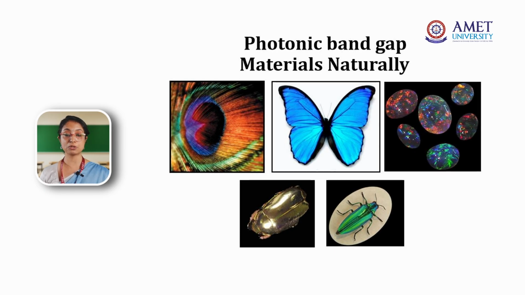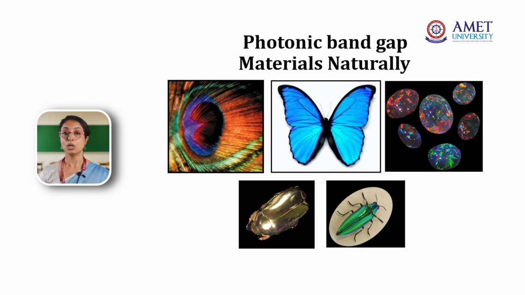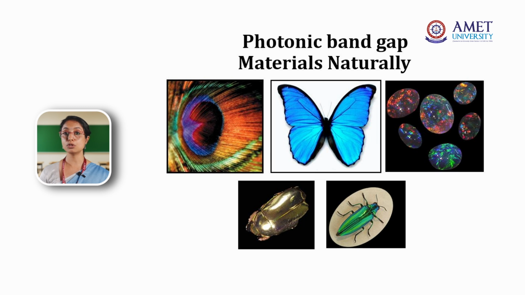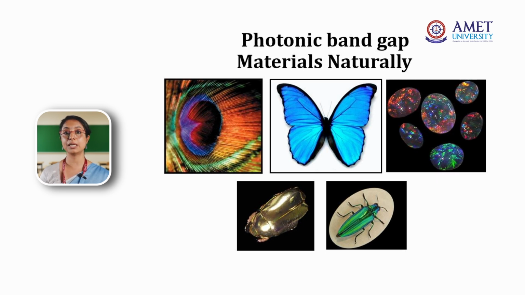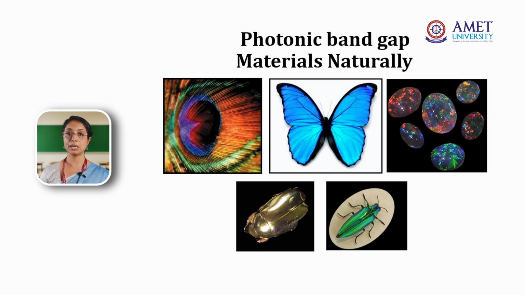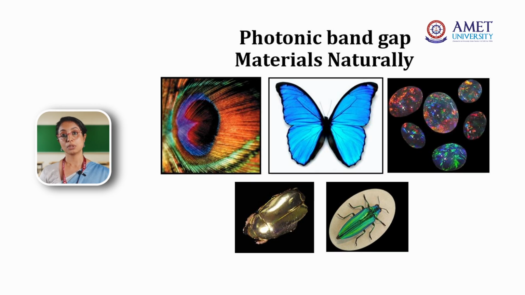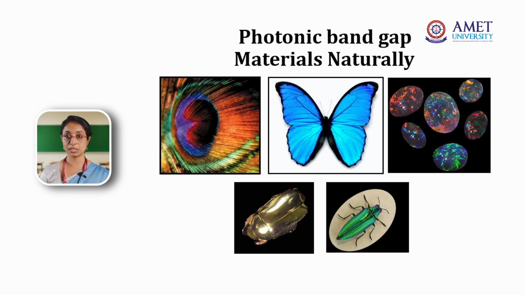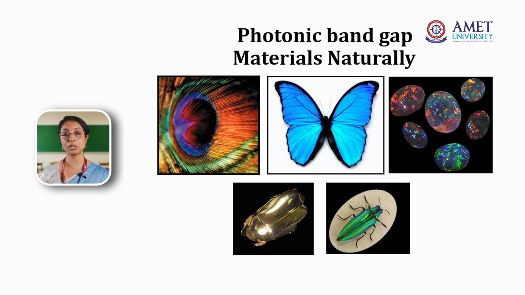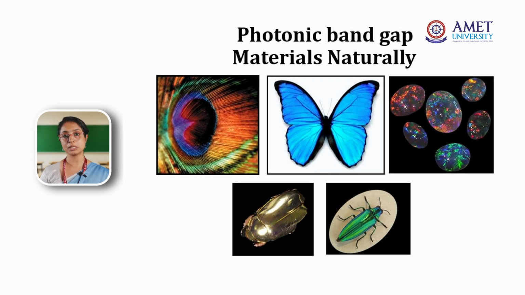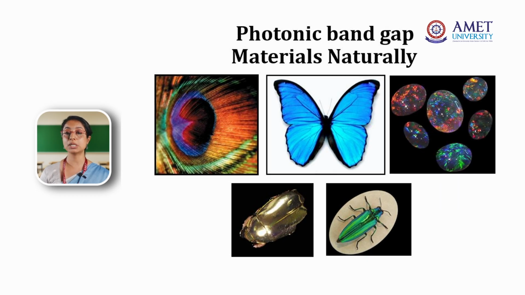Similarly, the precious stone which we know as opal is a naturally formed precious stone. The multiple colors we see are also because of how the silicon dioxide particles inside the opal are arranged. The arrangement in the opal takes place by self-assembly, that is, it happens naturally, and the arrangement is further decided by the temperature in the region or how long it is being exposed to that particular weather condition. All this decides how the silicon dioxide is arranged, and that gives rise to the beautiful colors that we observe in the opal crystal.